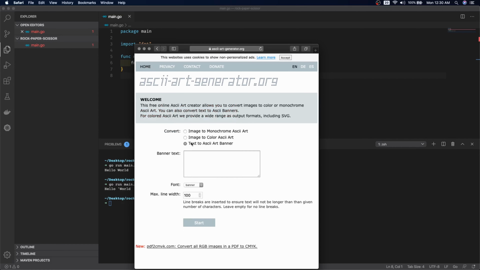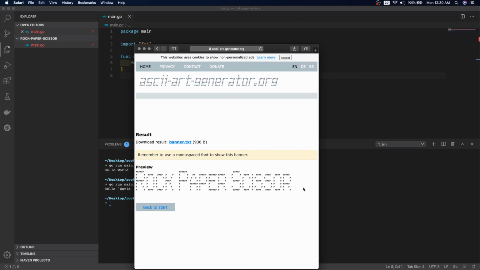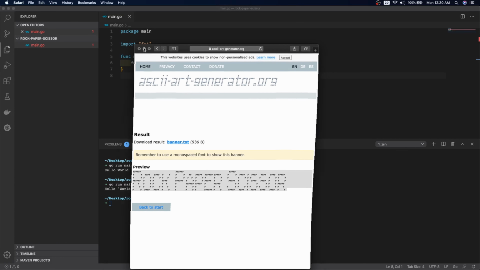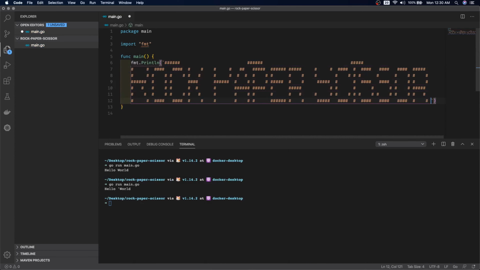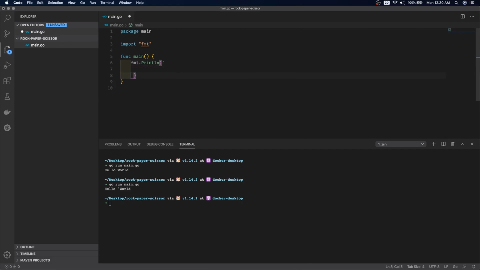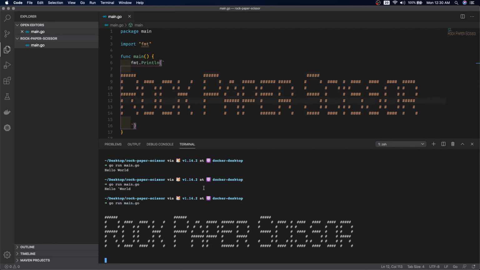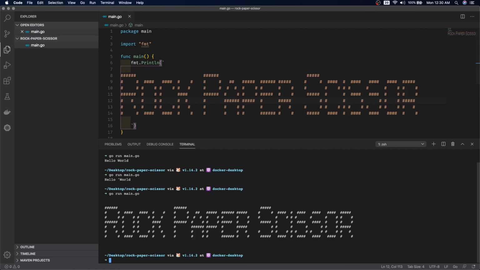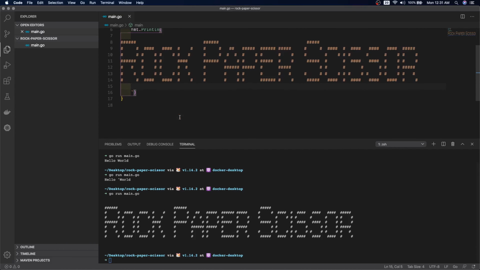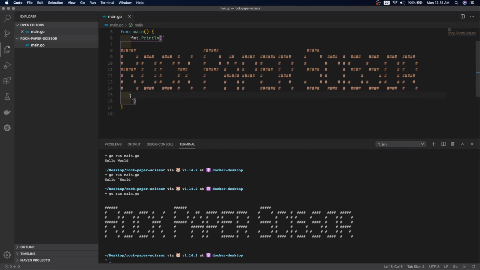So now we'll be creating a banner for our game. Just go to ASCII-Art-Generator.org, click on text to ASCII art generator, type whatever name you want, and just copy these characters and paste them inside the print statement. I'm adding new lines, and the first line is a little bit moved, so I just press shift tab